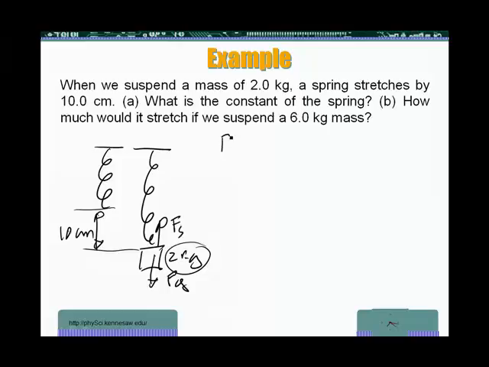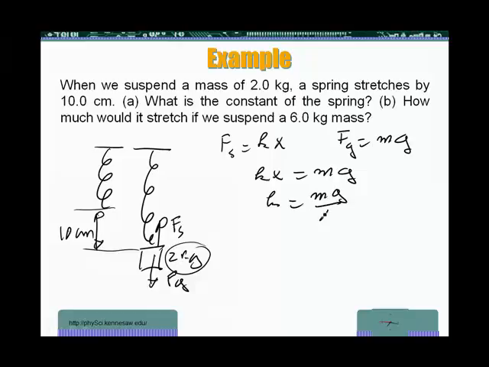The spring force is given by kx in magnitude, and the gravitational force is given by mg. Since the spring is in equilibrium here, these two forces are balanced, so I can write that kx is equal to mg. So here, that gives us k, that's going to be mg over x,